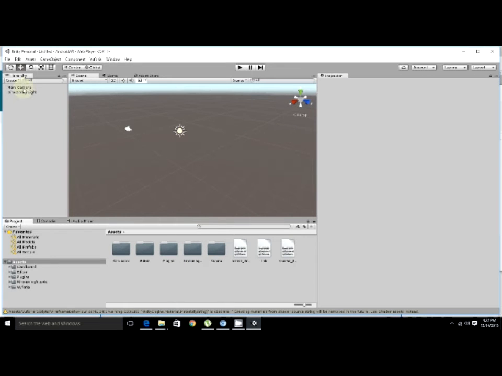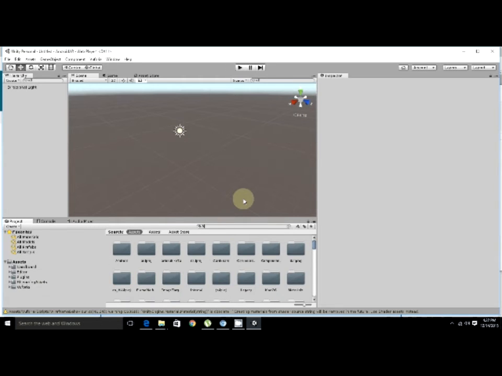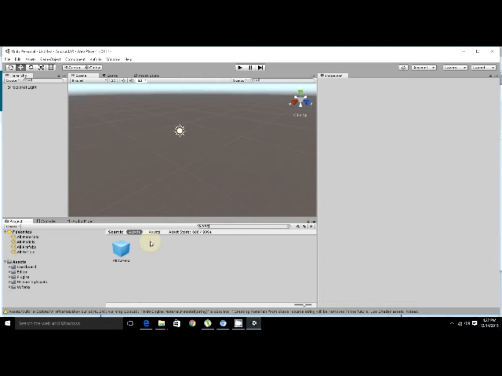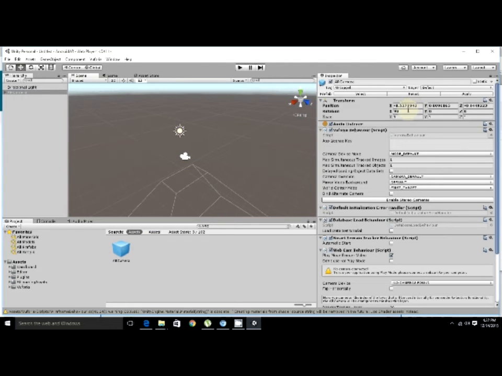Once this is done, you can delete the main camera and the directional light if you want, or you can just keep them. Next step is to put in the AR camera, which is the augmented reality camera by